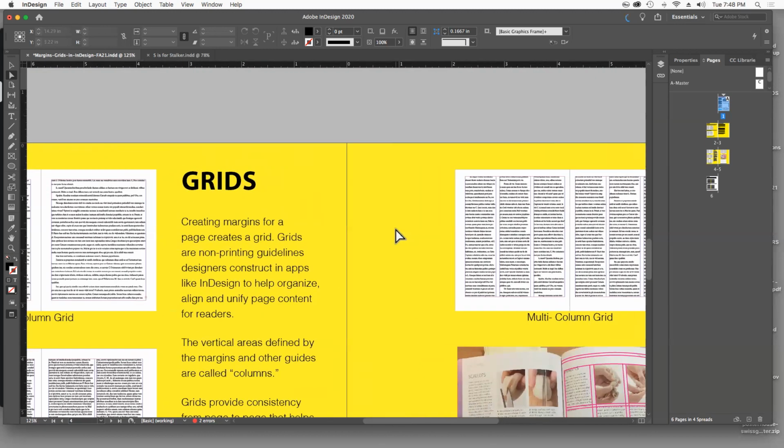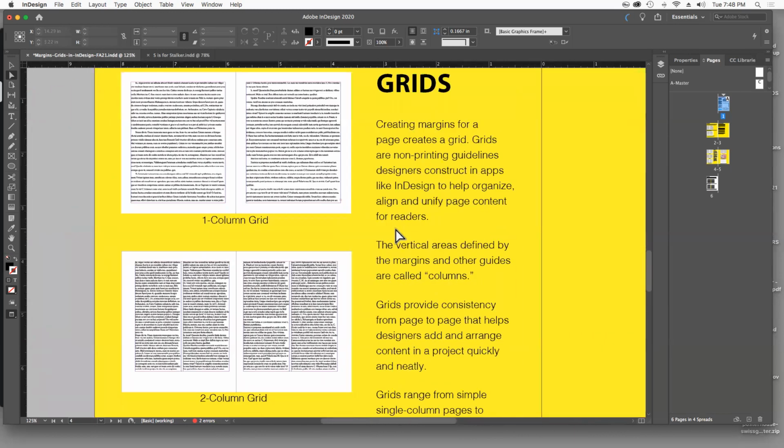Let's see here. The grid. Okay, so the grid is a design phenomenon that grew out of the mid 20th century, post World War II. It is associated with Switzerland, which was doing a lot of important design at the time, and they developed a system where it was considered modern, and it was getting away from. It's called an international style as well because it's using modular grids to create space on the page,